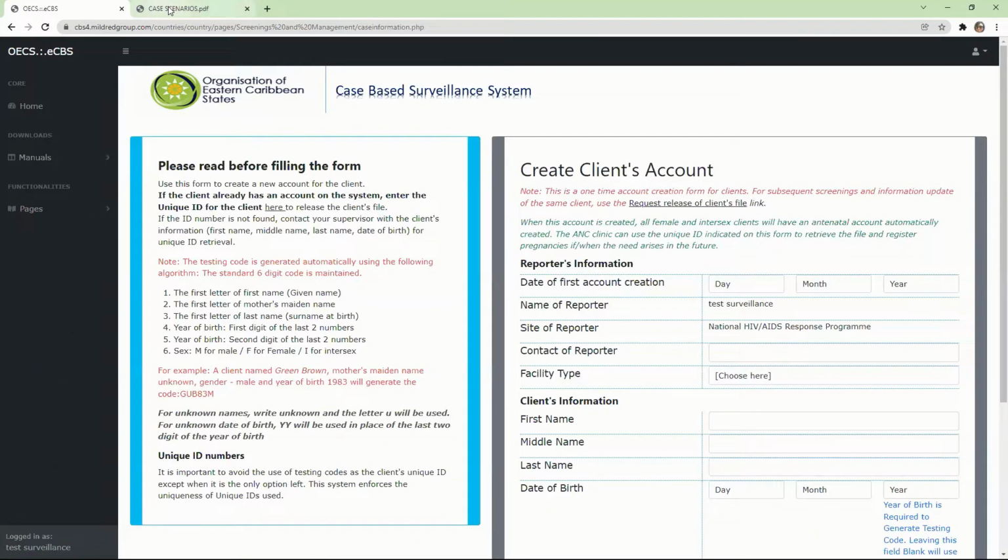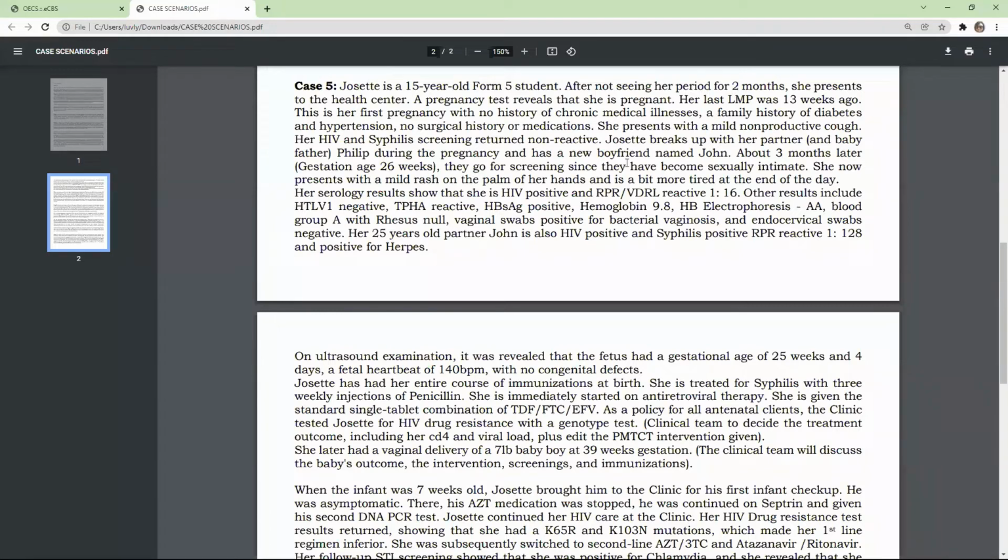For today's demonstration, we are going to use case 5. And case 5 is a case about Josette. She is a 15-year-old Form 5 student. After not seeing her period for 2 months, she presents to the health center. A pregnancy test reveals that she is pregnant. Her last menstrual period was 13 weeks ago,